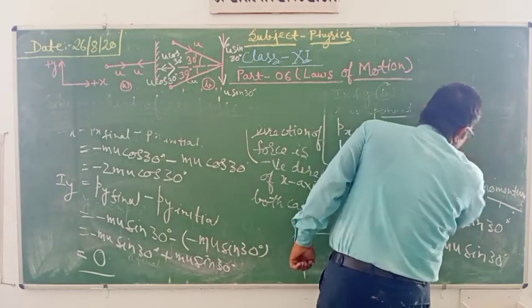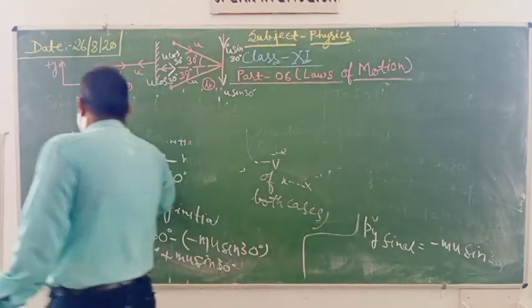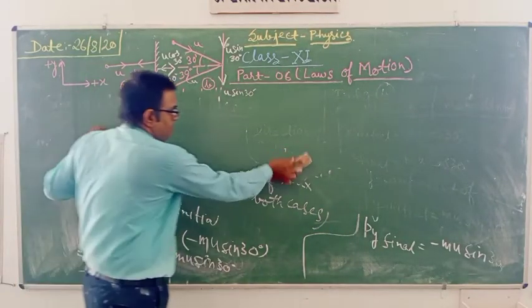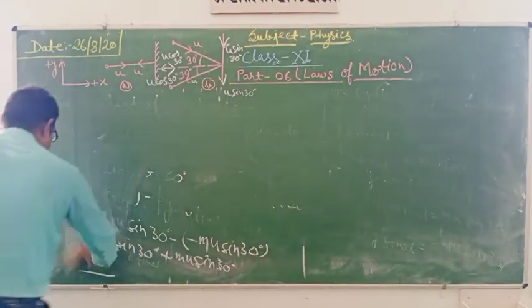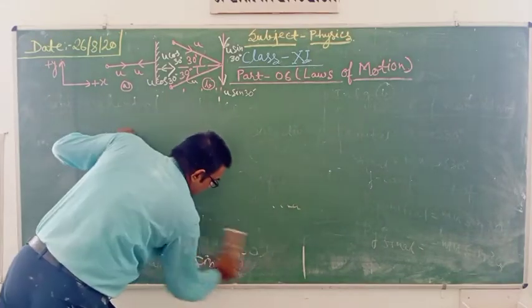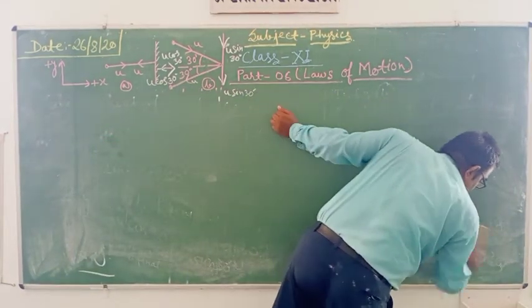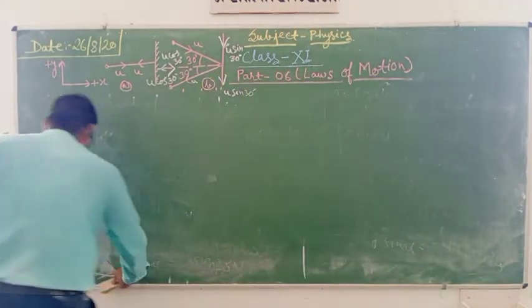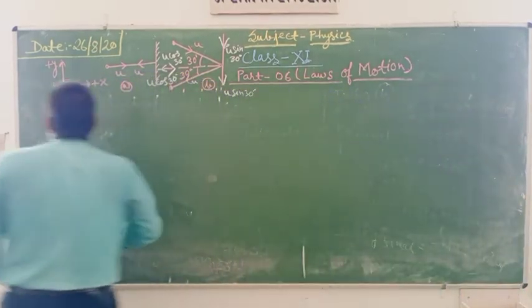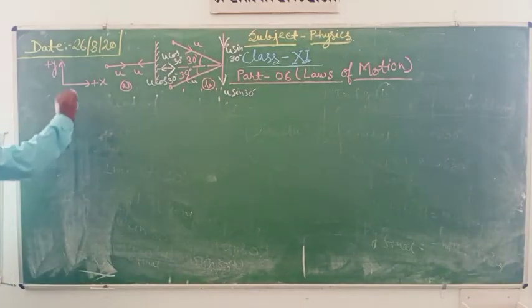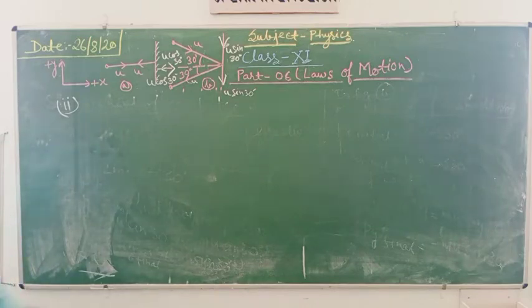Now for the second part, dear students, for the second part, we have to find out the ratio of impulse. The ratio of the magnitude of impulse,